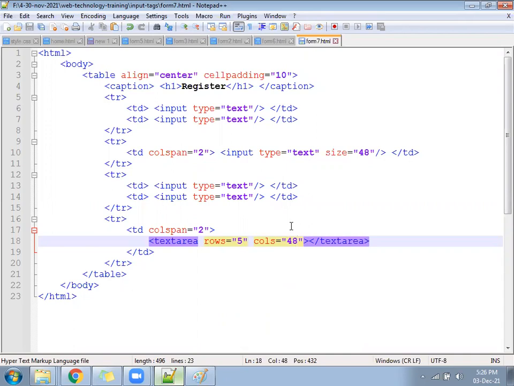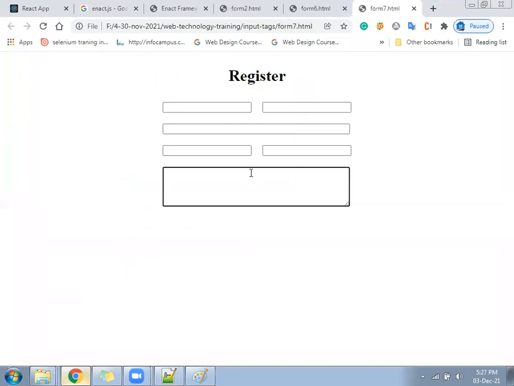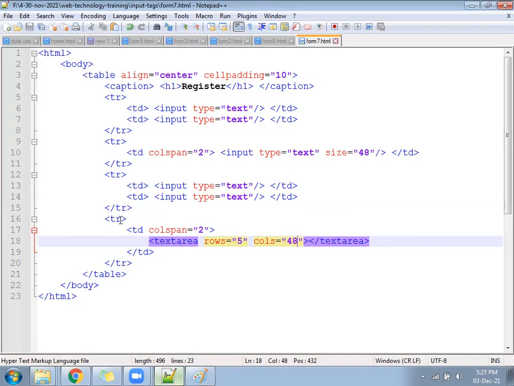After that, check once. Something like this. Correct it if you have any mistake.